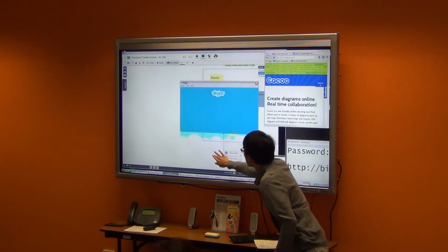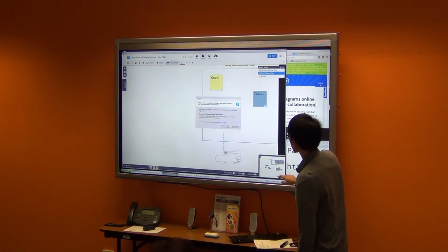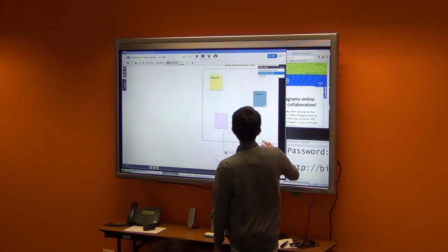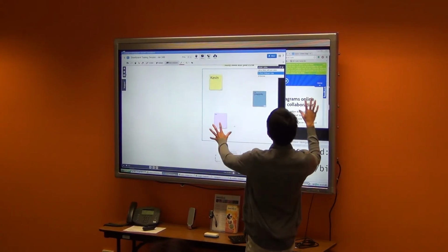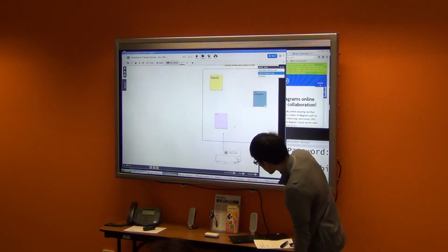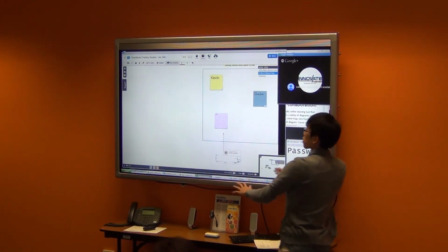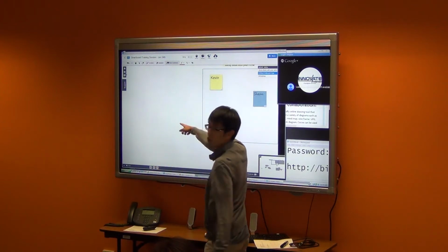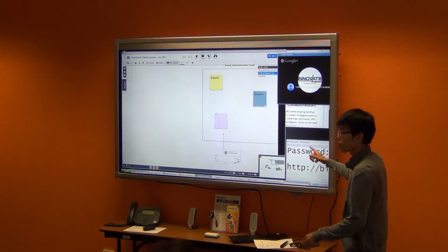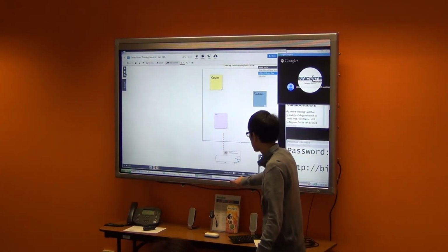So Skype on the side, and then the board in the middle, and then the board on the other side. Or Google Hangout on this side. So Google Hangout on here, and then you can have a board on this side, and then for the people that are in this room, you can use